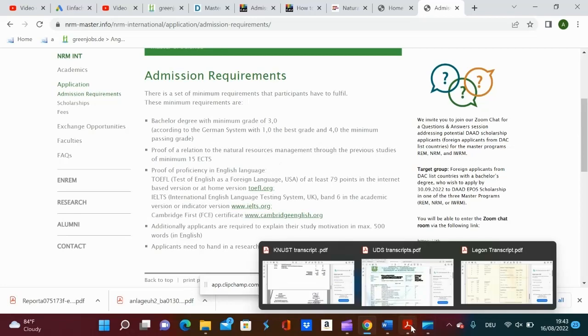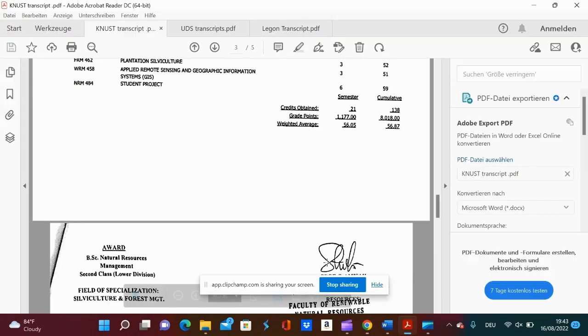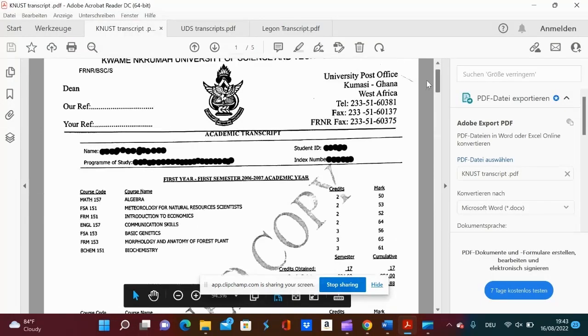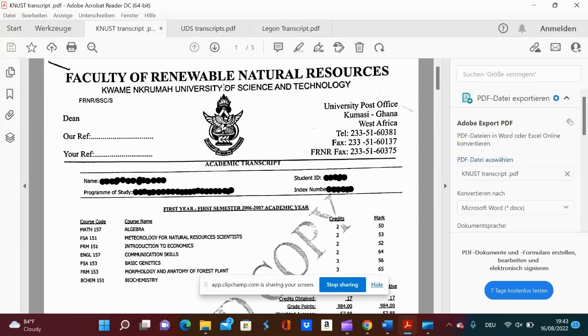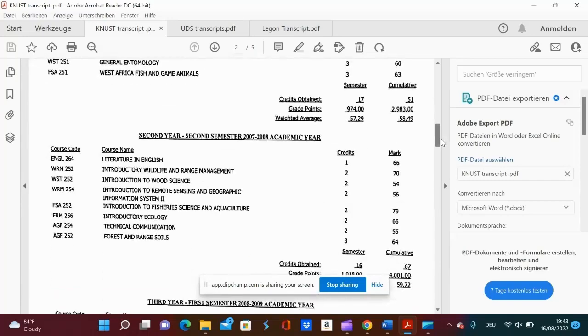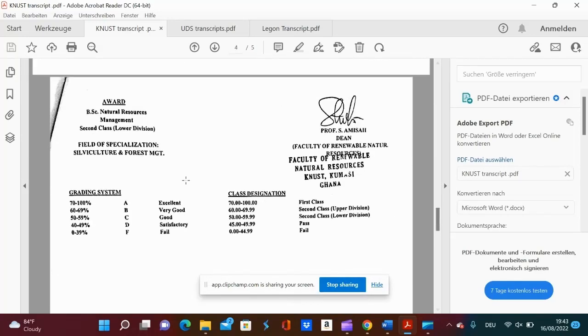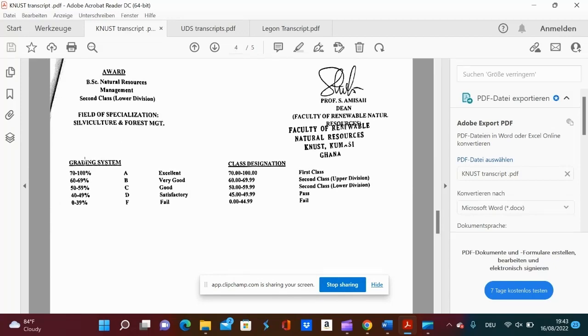So let's go to KNUST. I initially said that this is a copy I had from someone. So this is Kwame Nkrumah University of Science and Technology. After the transcript itself, normally the grading system is done on another sheet. So this is the explanation of the grading system.